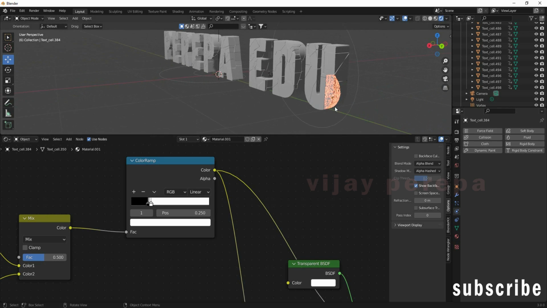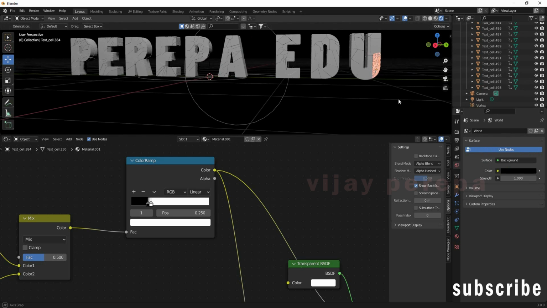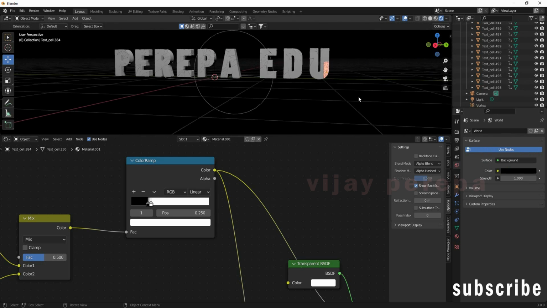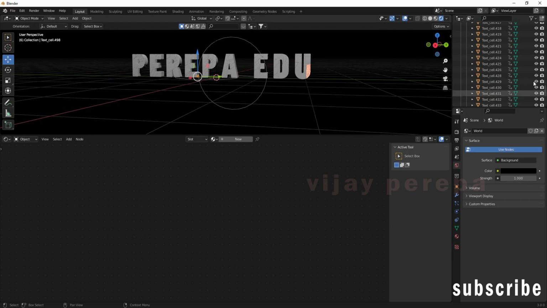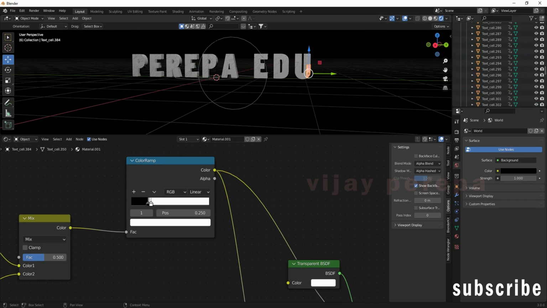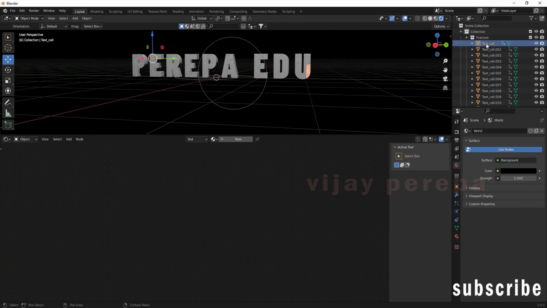And to see this effectively, I need to go to the world properties and change the world color to black, so that the color will be appearing properly. Now I need to apply this particular material to all. So let me select that and then let me select all these cells. Maybe I'll select this first